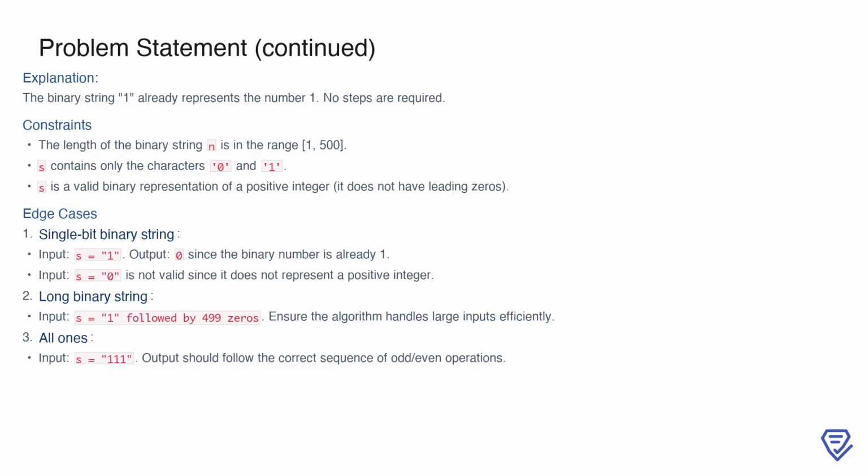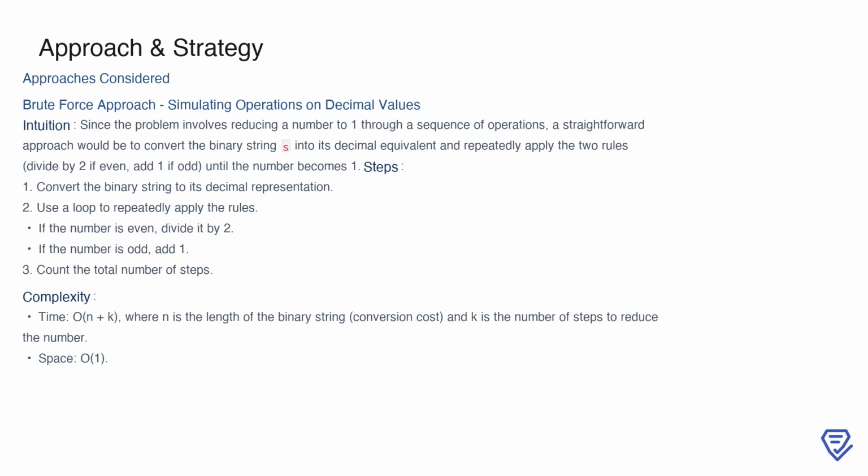Additionally, cases like 111, where all the digits are ones, need to follow the correct sequence of adding and dividing. These edge cases help ensure our solution is robust and handles a wide range of inputs effectively. To start, one straightforward approach to solving this problem is to simulate the given operations directly on the decimal value of the number. The intuition here is simple: since we need to reduce the number to 1, we can convert